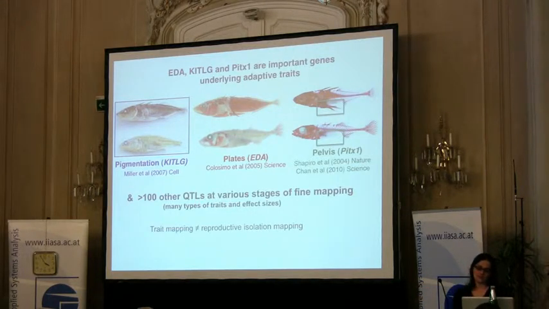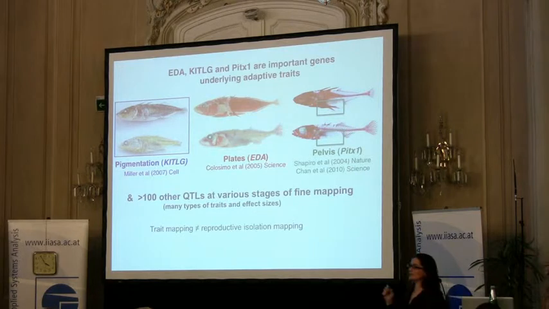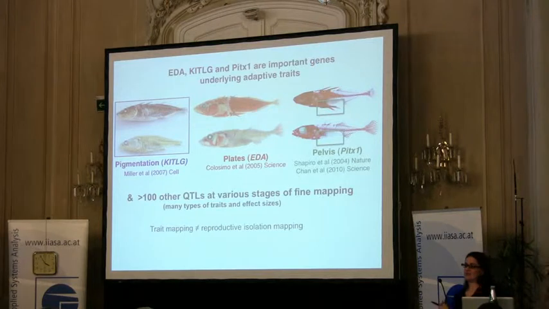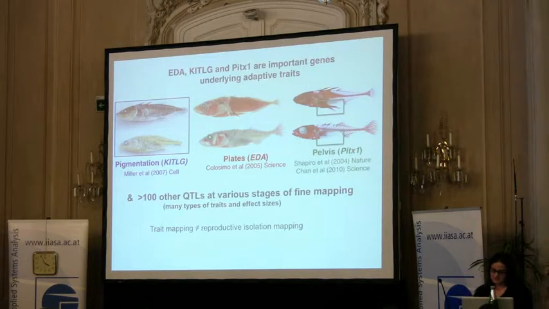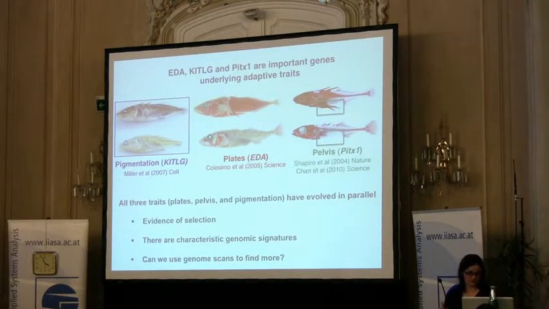But I wanted to emphasize at this point that taking this forward genetic approach and picking a divergent trait is not necessarily the best approach to understand the genomic basis of reproductive isolation. Because although EDA does differ between my forms, and there are differences in lateral plate morphology, it would not be sound to say that this is the single only reproductive isolating locus in the system. So using this kind of trait mapping approach is useful, but is not the same as actually understanding the divergence between forms in natural systems.